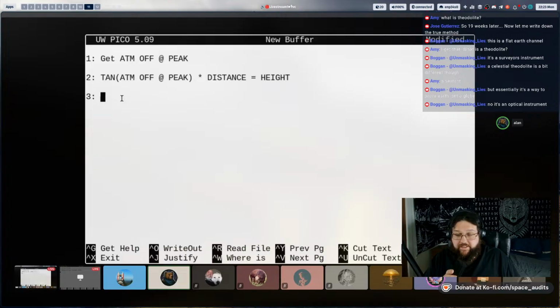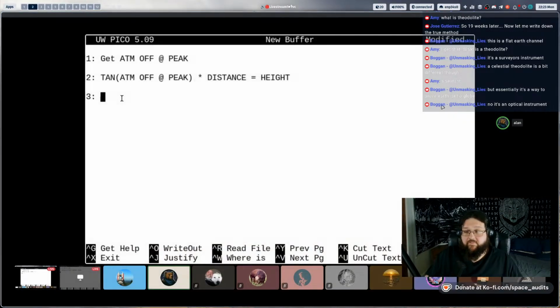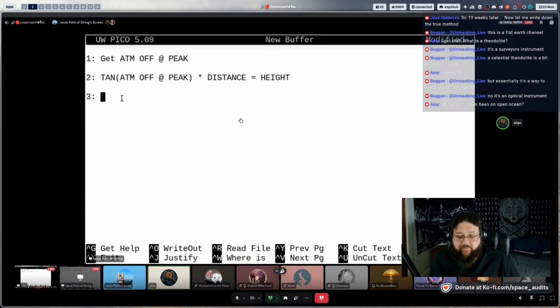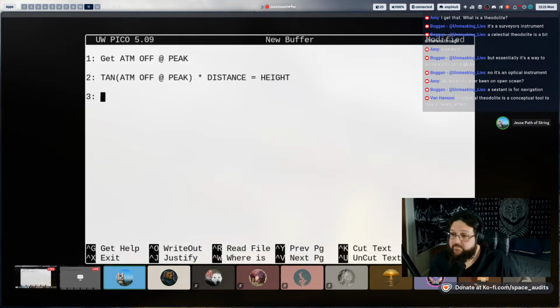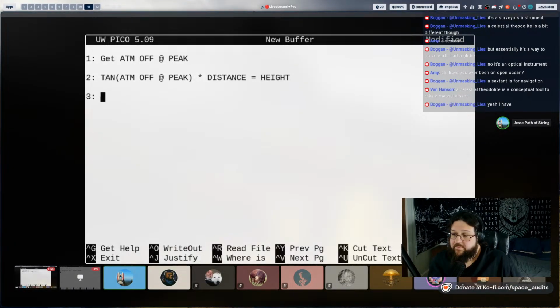Step 3 is now seeing how much astronomical refraction there is. So you subtract the difference from the true position of the star with respect to the peak and the elevation or angle of the peak that was derived from rise over run. Well, but if I don't already know that.